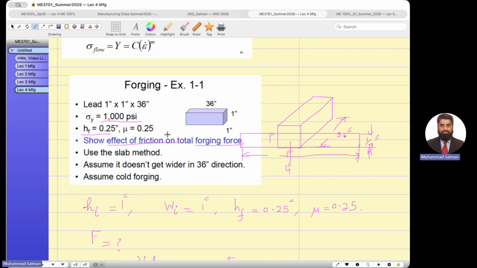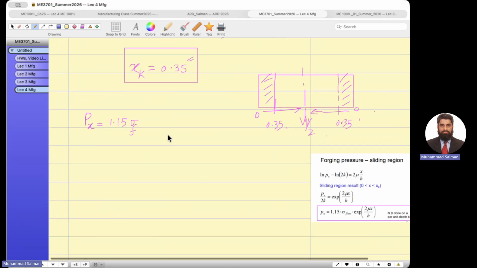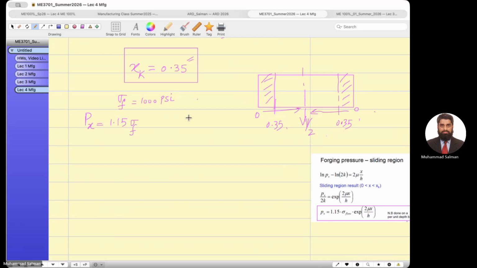Yielding stress is how much? 1000. So sigma flow is the yielding stress, and this is the exponent e to the power 2.25